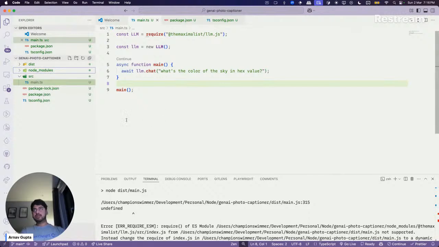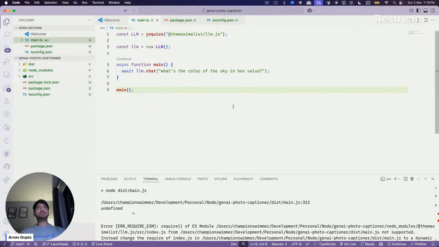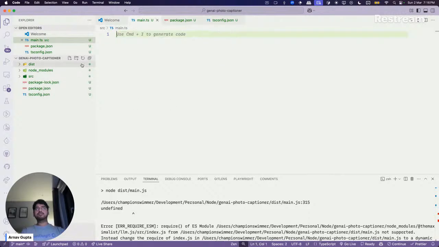This is not something that will work easily with TypeScript, it seems. Okay, check it for a minute.